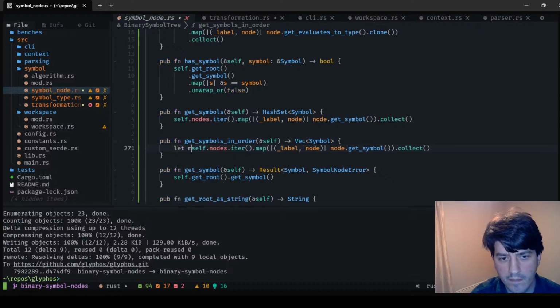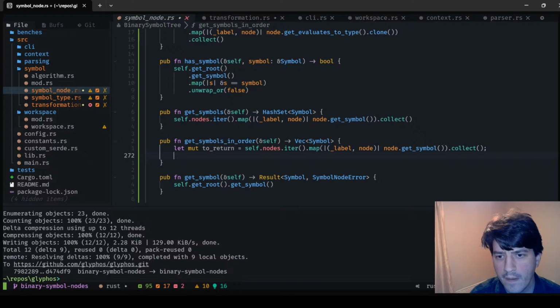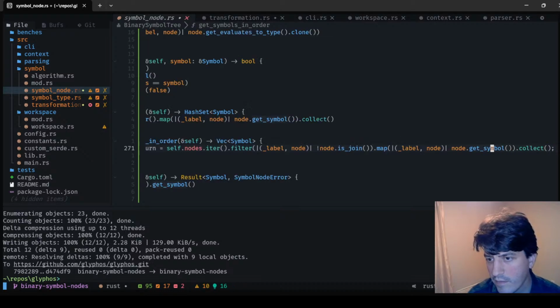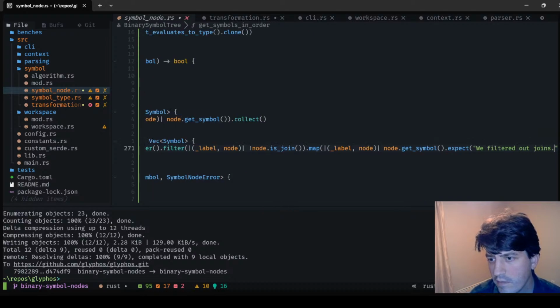let mut to return be this, dot filter label node, not node dot is join, and now we can say node dot get symbol dot expect be filtered out joins,